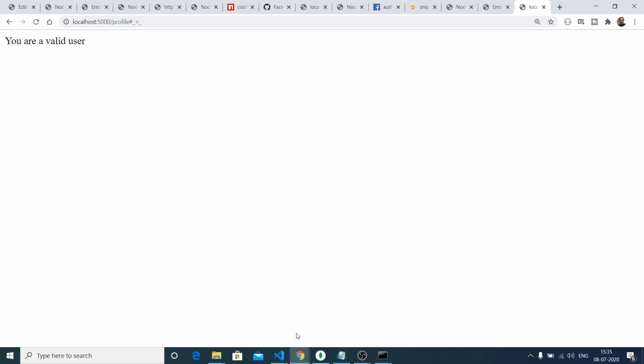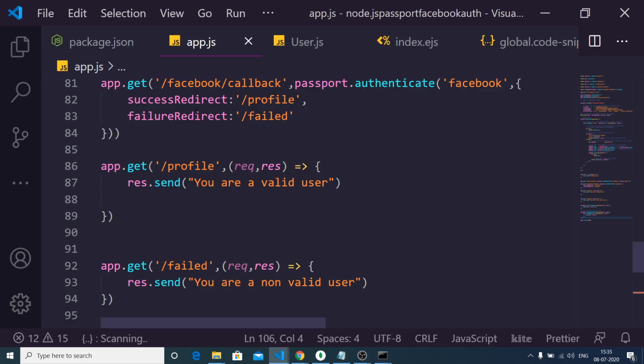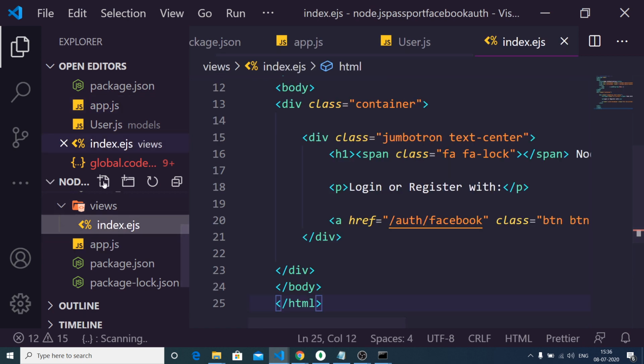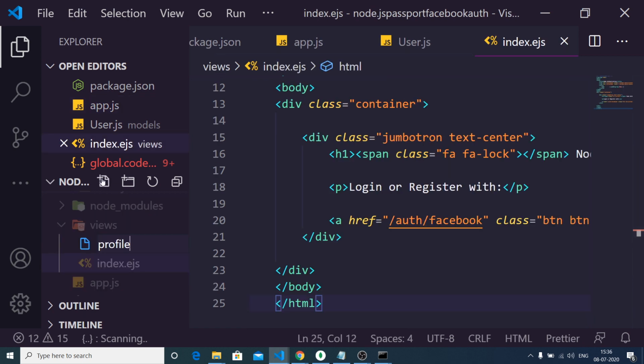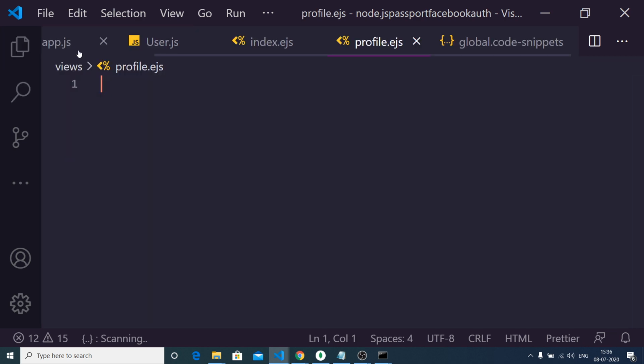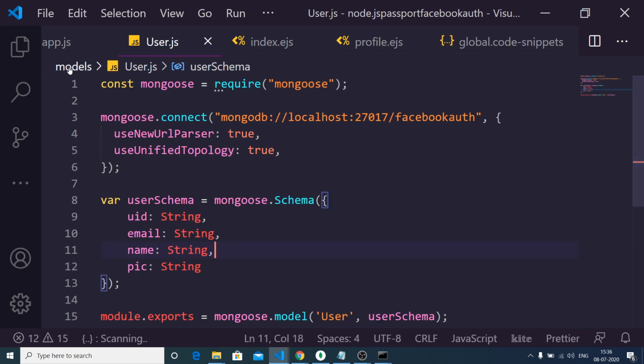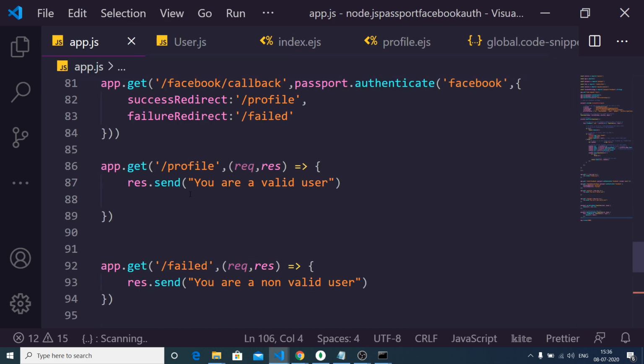So now what we want here is that we need to make a new profile.ejs file here, and inside this we will display all this information which is coming. So inside this app.js, we can send out this information.